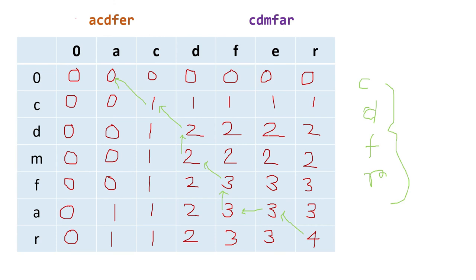So time complexity wise, it will take O(NM) time, that means the length of both of them, and space complexity wise it is taking O of nm. So actually it is n plus 1 times m plus 1, but we can consider it as O of nm. Now we'll see the coding part.